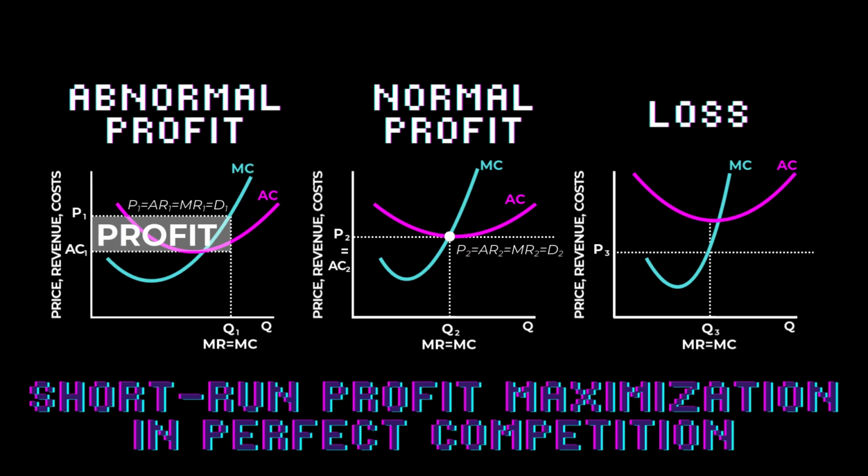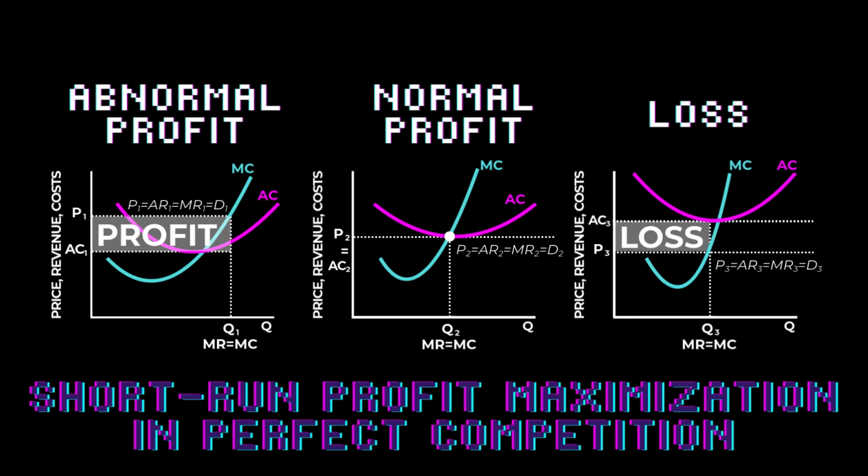And the last diagram shows us a loss. This occurs because the price level has fallen below the average cost curve. Since the firm is not making a profit, they're looking to minimize their losses, which again will be where marginal revenue equals marginal cost. Now, when we subtract the cost from the price, we will get a negative number, since the cost is higher than the price we are selling. This is negative profit, or in other words, a loss. So whenever you see a price level that is less than the lowest point on the average cost curve, you know that the firm is making a loss.